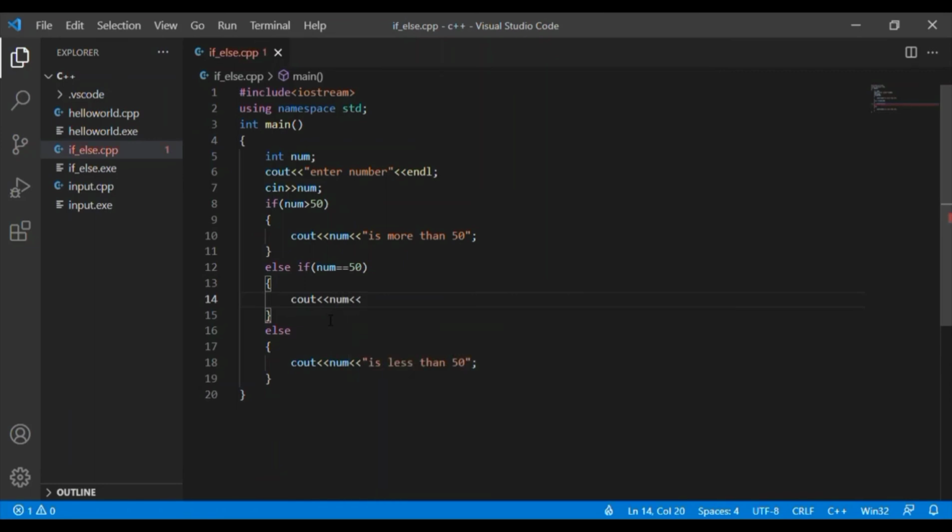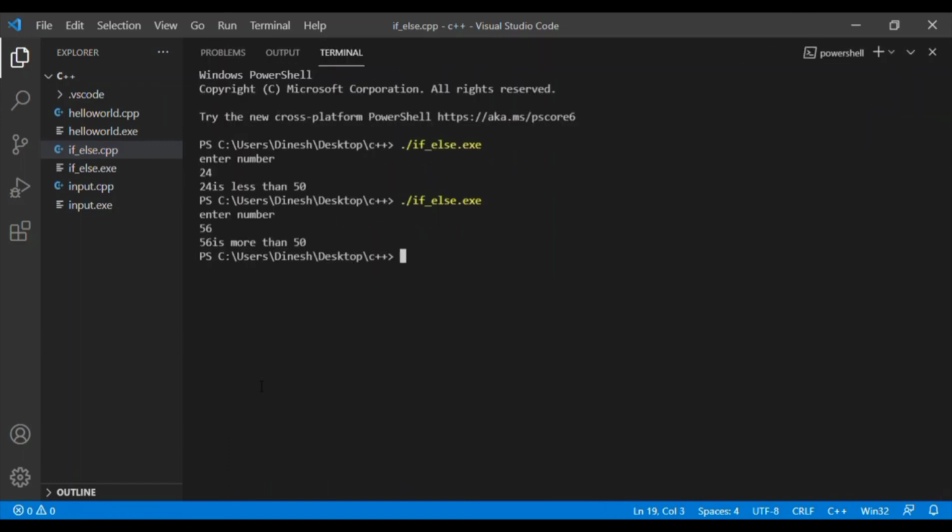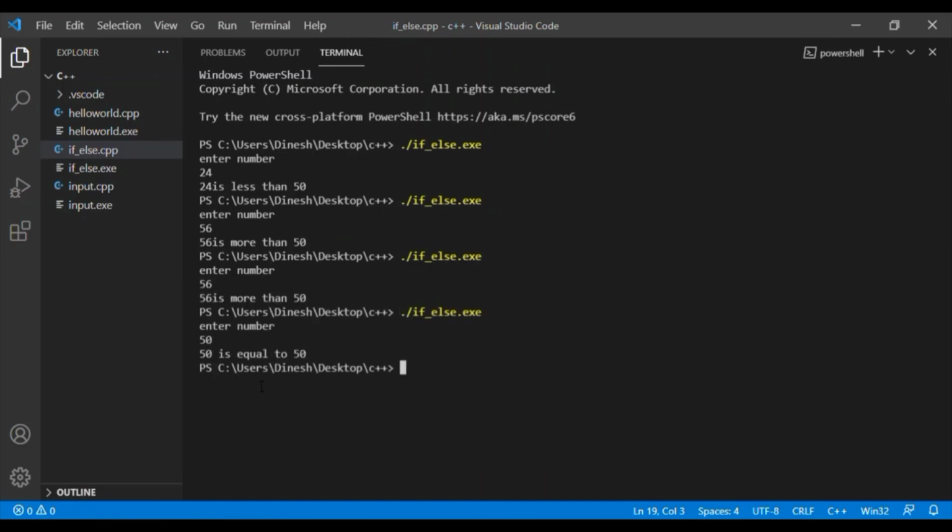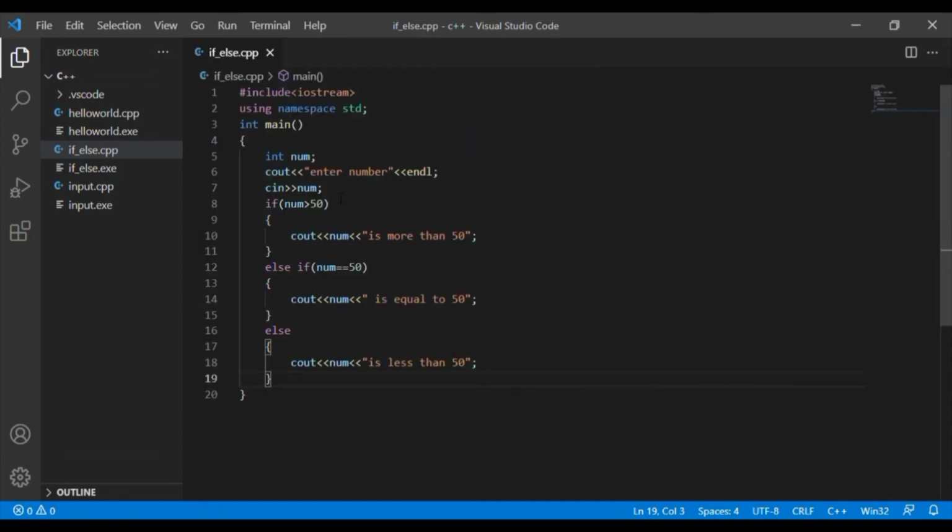Cout "num is equal to 50". Build this, Ctrl+Shift+B. Enter number 56, more than 50. Enter 50, equal to 50. 12 is less than 50. We will write our